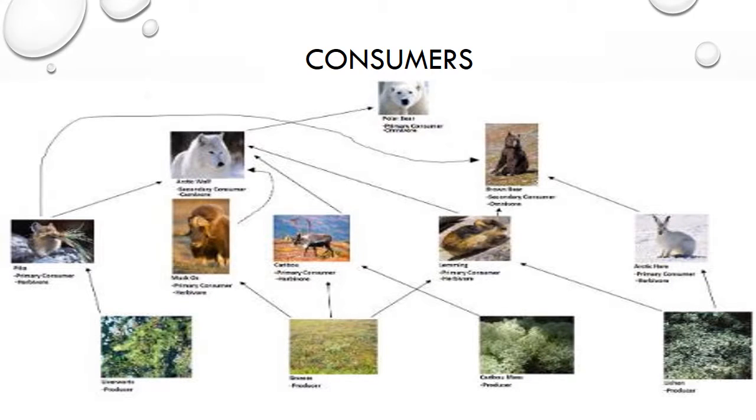And there is a picture of the food web, which is not very clear. I'm sorry about that. So the downward flow is the primary producer and the primary consumer, then the secondary, and lastly the tertiary. So consumers fall into 3 categories: primary, secondary, and tertiary.